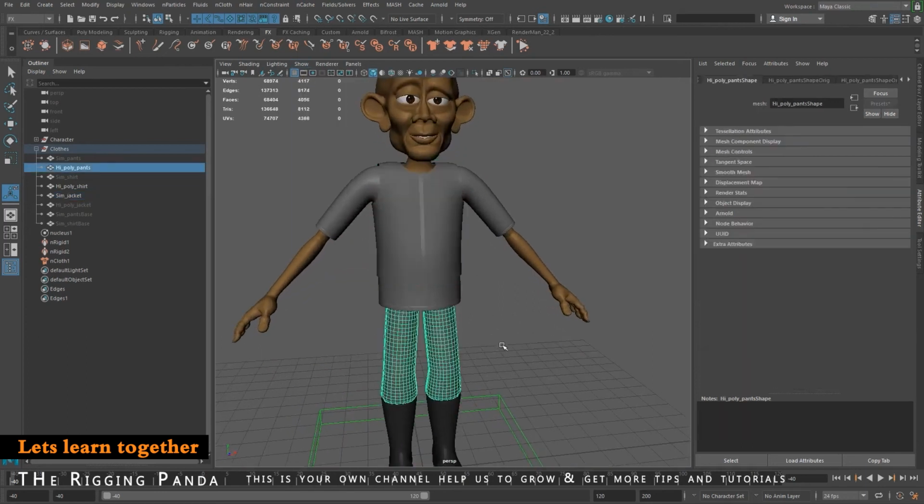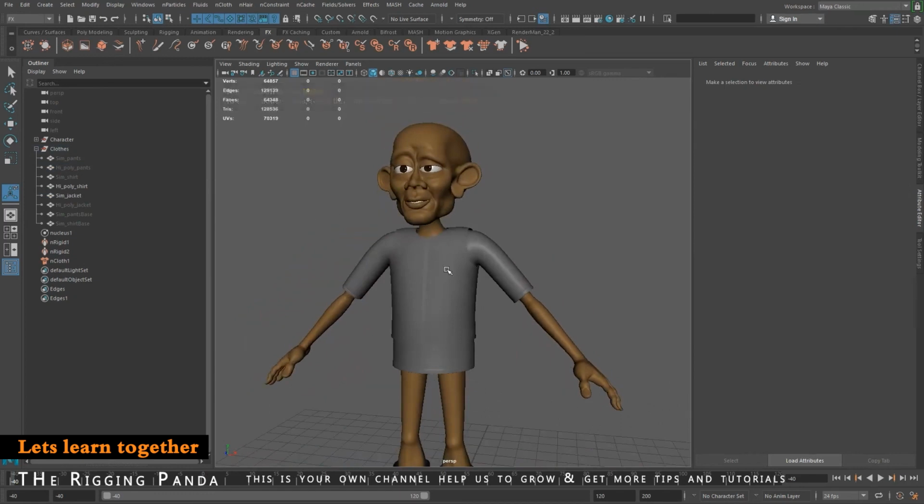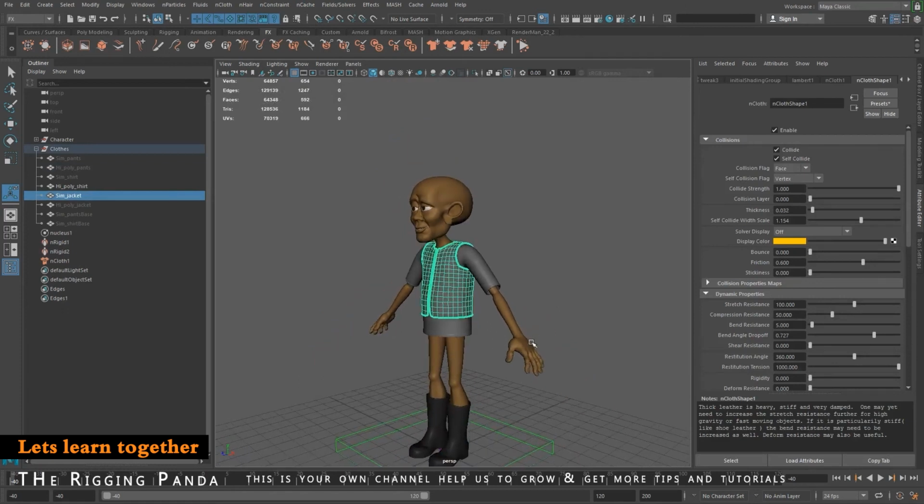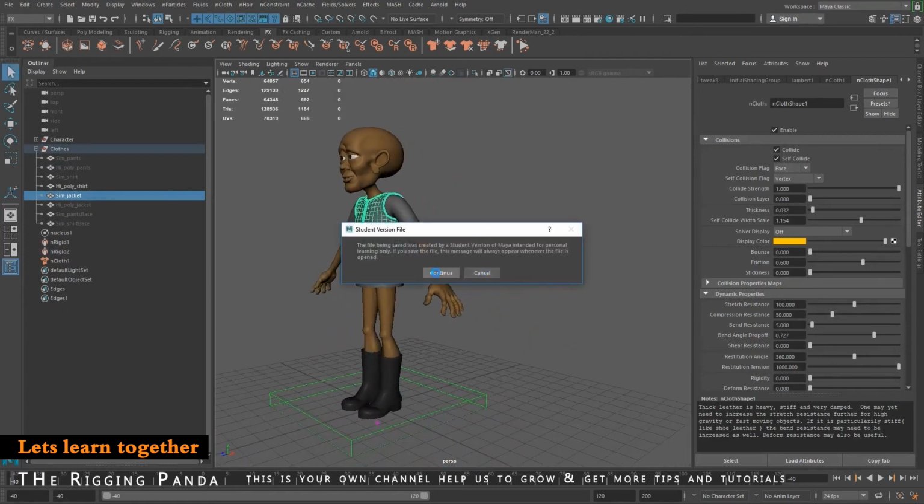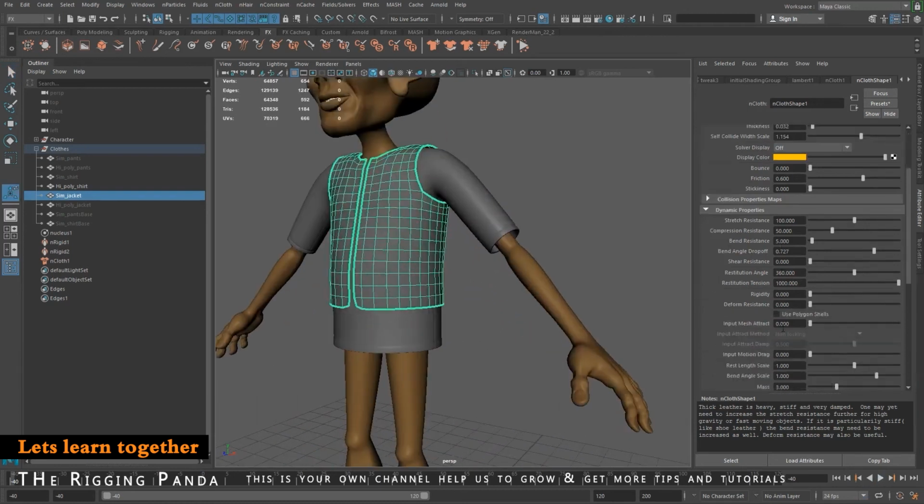Okay, so I can even hide my pants there, just so they're not having to run with the simulation. All right, so let me save, and then I'm going to hit the play button. And oh, actually, before I hit the play button, because this is skinned, I need to come down here to